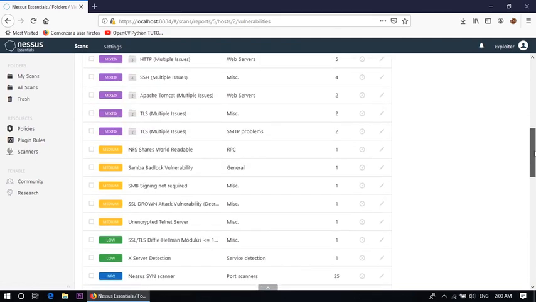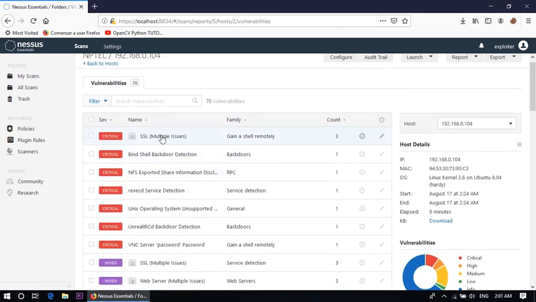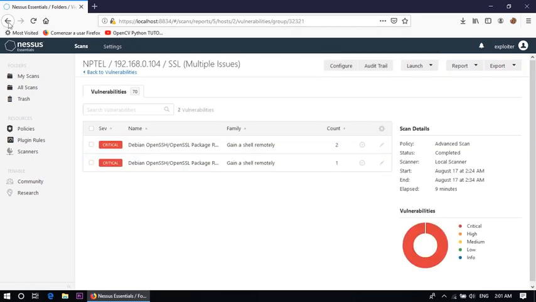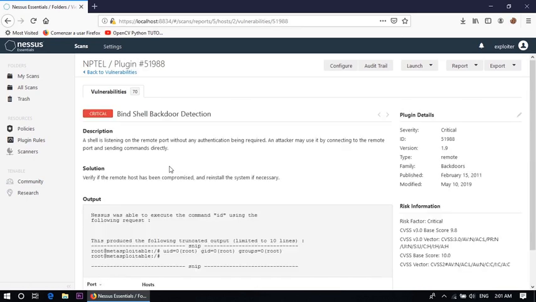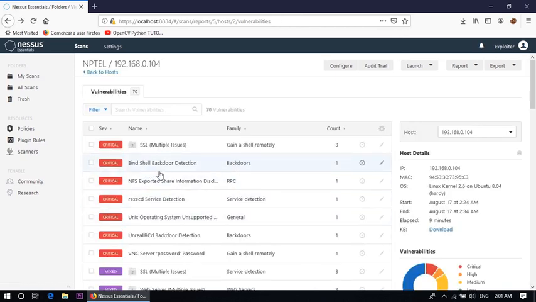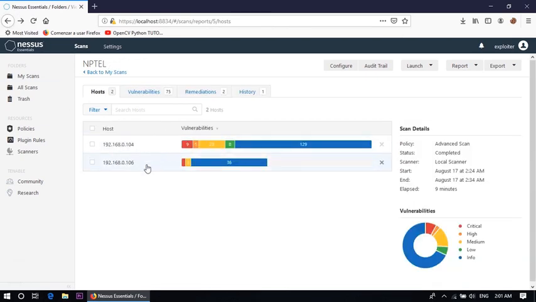And here are the details of all the vulnerabilities: SSL multiple issues, and bind shell backdoor detection. A shell is listening on the remote port without any authentication being required. An attacker may use it by connecting to the remote port and sending commands directly. So using this vulnerability, one can attack the victim machine, and some other vulnerabilities are also there. Let's check the other IP address,